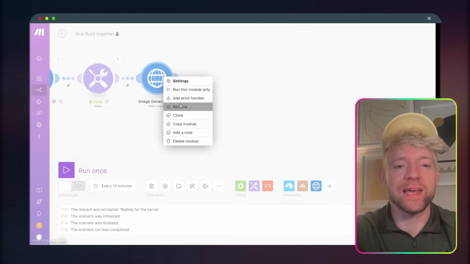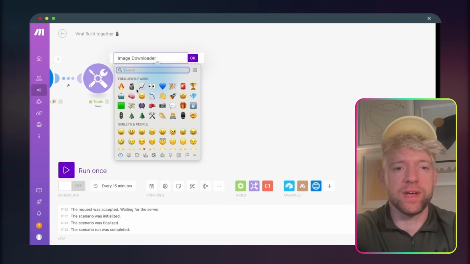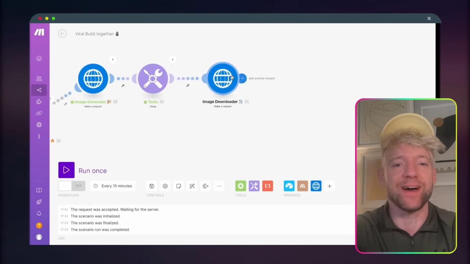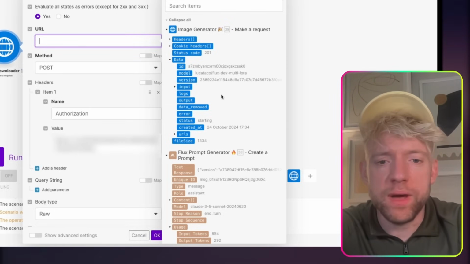We're gonna clone it here, right click on it, and call this one image downloader, like so. Beautiful. Let's give it a nice name, maybe "down for download." What do you think? Okay, I like that. Click on image downloader. And then in the URL, guys, what I want you to put is to come down and find